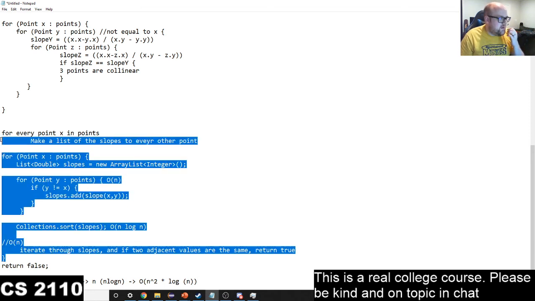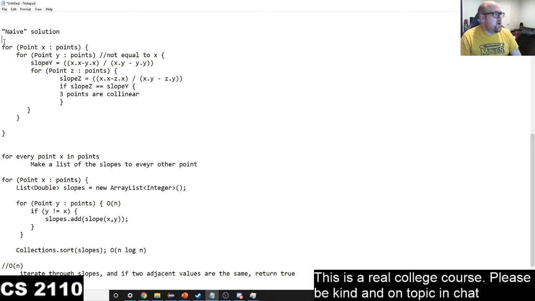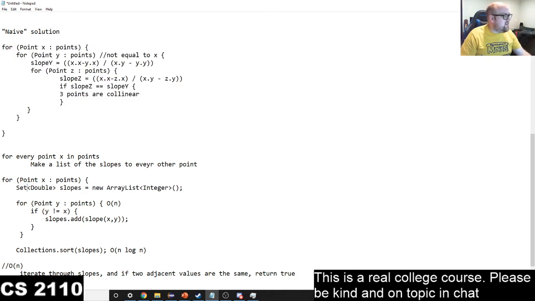Now, if you don't follow it entirely, don't worry. I'm not going to be testing you on this particular problem. But what I'm trying to show is that by using my understanding of sorting, I can actually make this problem faster than our O of n cubed solution up here. Using data structures, using a set, I could make it O of n squared. If instead of this being a list, I made this a set,